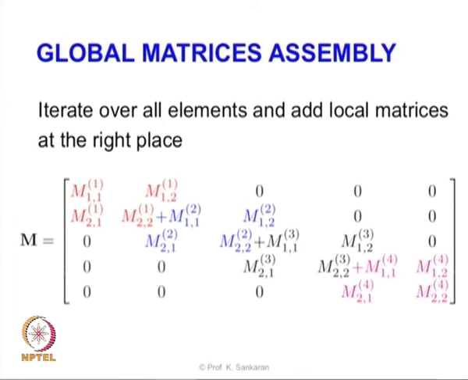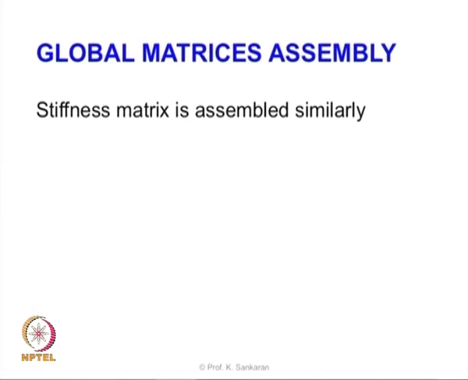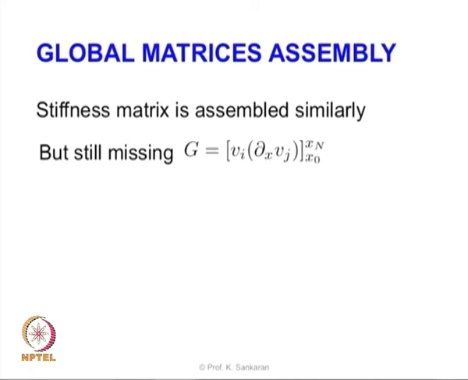So with this we are going to now assemble in the same manner also the stiffness matrix. What we have done now is for the material matrix, and the stiffness matrix will also have the same form. But one thing is missing. What is missing is the value of G. Remember, we have given the value for G to the boundary